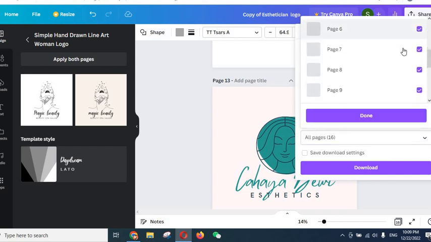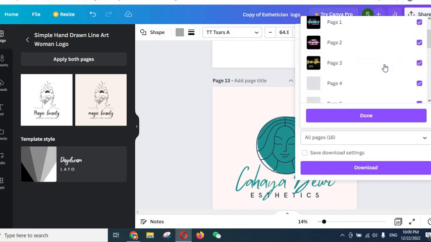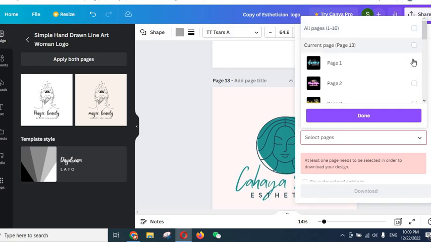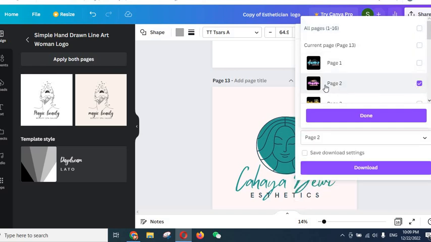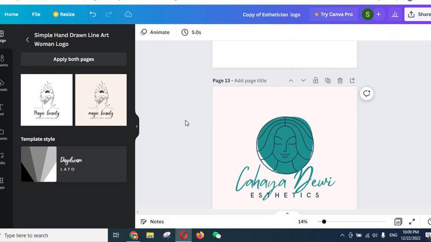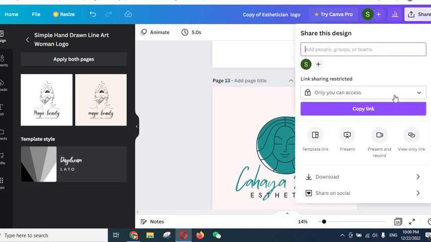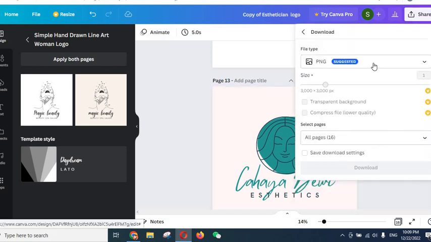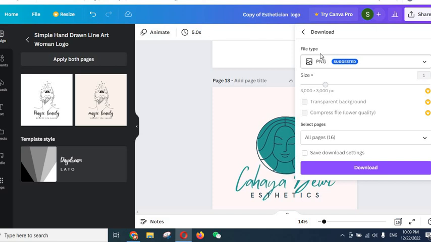You can download all the designs together, but if you have, for example, only edited one of them, you will first uncheck all pages and then select the page that you have edited. For example, in this case I will select page number 2, then you will click done, and then you will click on download. One more thing to mention here is that from this option you must select PNG,